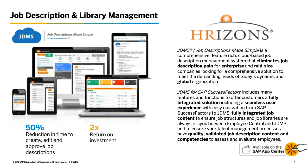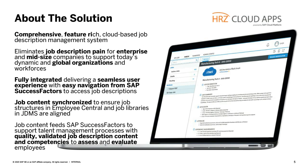Now, as you're going to hear from Tina Acalini at Tower later in this presentation, the JDMS system can help you significantly reduce the time to create and manage your job descriptions, and that can result in as much as 2 times ROI. I hope that our presentation today, coupled with Tina's story, will impress upon you the breadth, depth, and the value